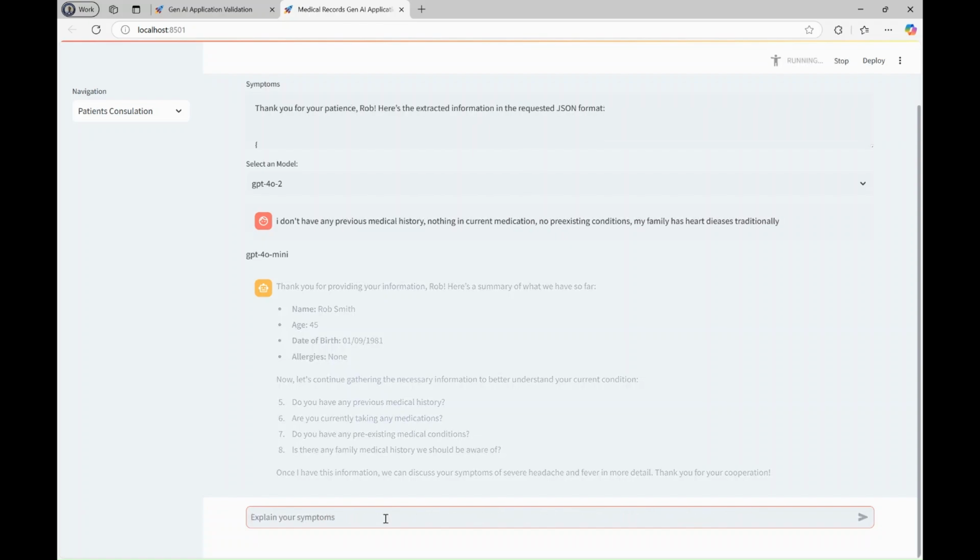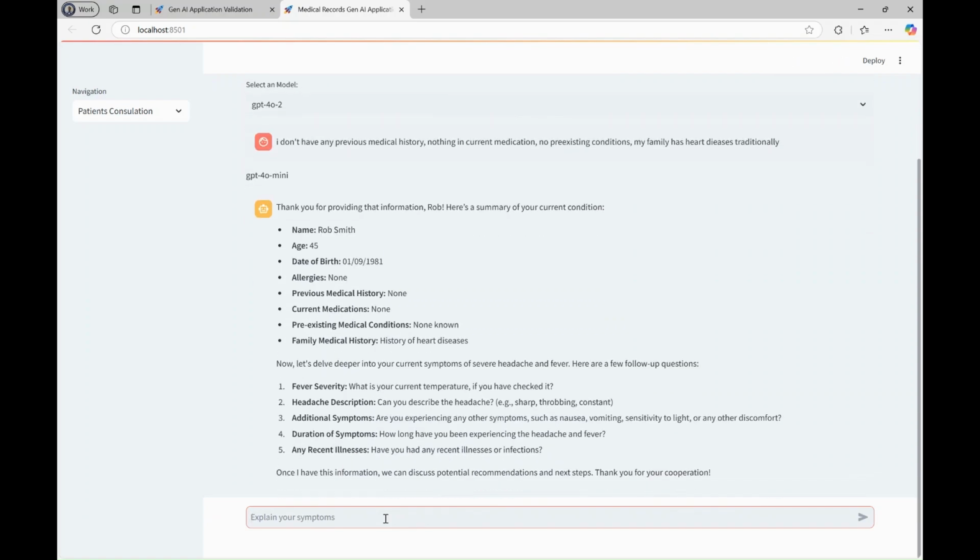So as you can see, you don't have to go fill in anything. You're just typing in the information, and then it's asking a follow-up to figure out a lot more. I can say my current temperature is 102. Headache is constant,